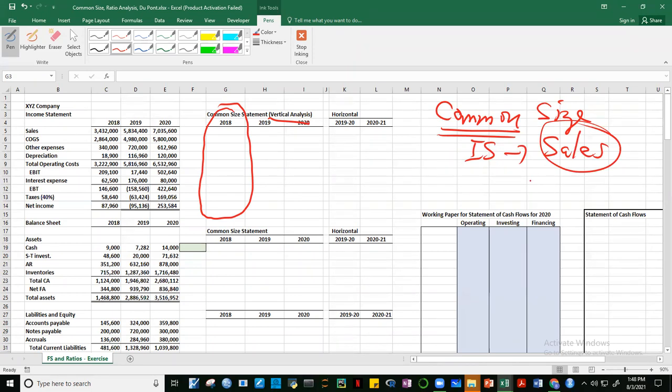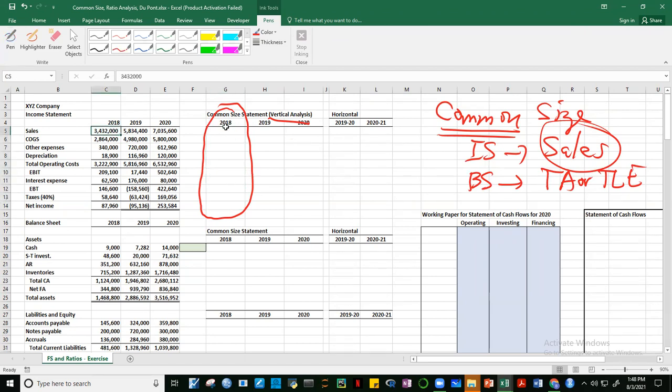So yung mga figures na makukuha natin will be in terms of peso sales. Pag balance sheet naman, ang common natin will be our total assets or total liabilities and equity kasi pareho lang naman yan. Okay, so let's go here. Okay, so sa 2018 common size, dapat